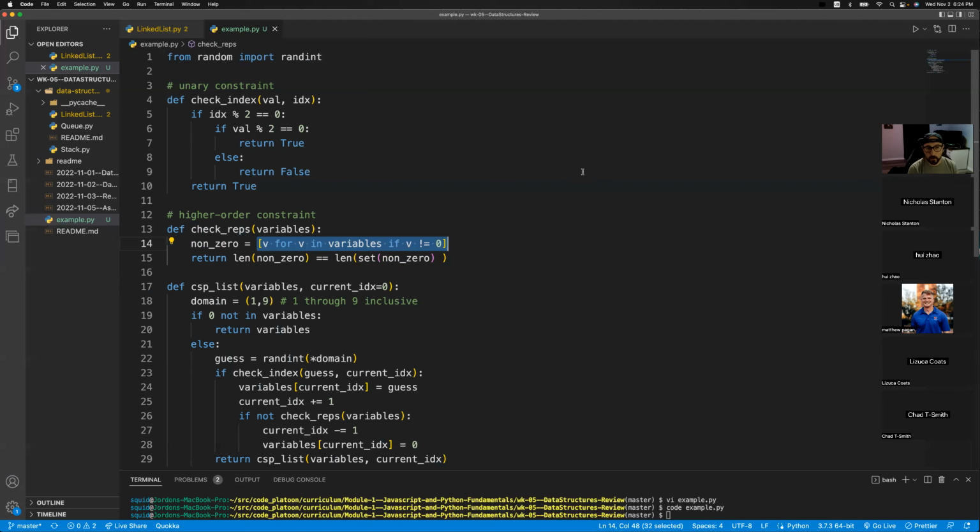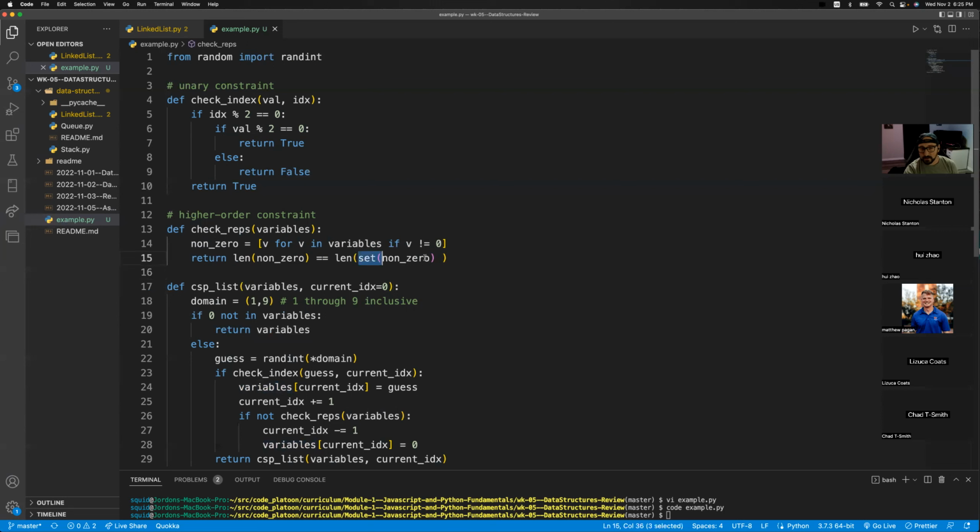We're saying rules for the list to be built from the old list. So for each variable in variables, if your variable is not equal to 0, you get to be part of this non-zero family. The return statement here, we're going to be checking this new list here, non-zero,